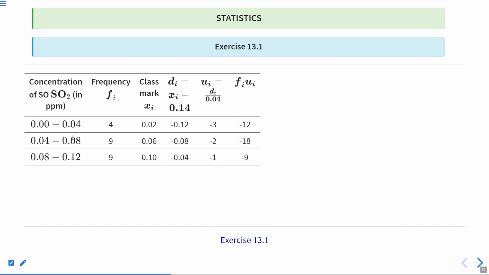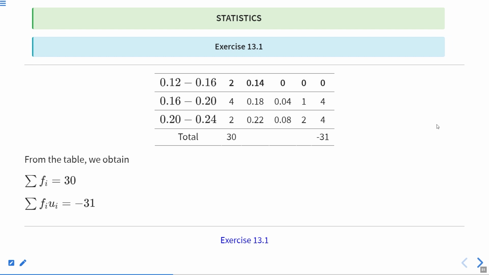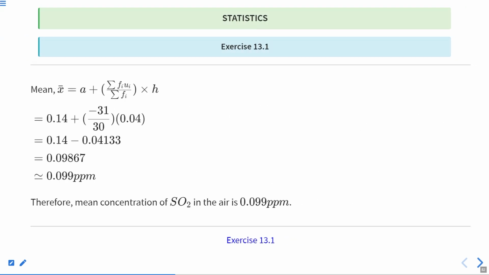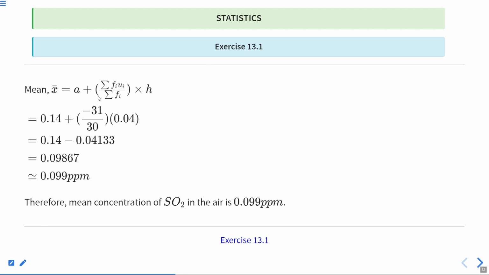Similarly you can find di, ui and fi ui for the other intervals, and for all of these. So here summation fi is equal to 30 and summation fi ui is equal to minus 31. From this table we obtain summation fi as 30 and summation fi ui as minus 31. And now the mean x bar is equal to a plus (summation fi ui divided by summation fi) times h,